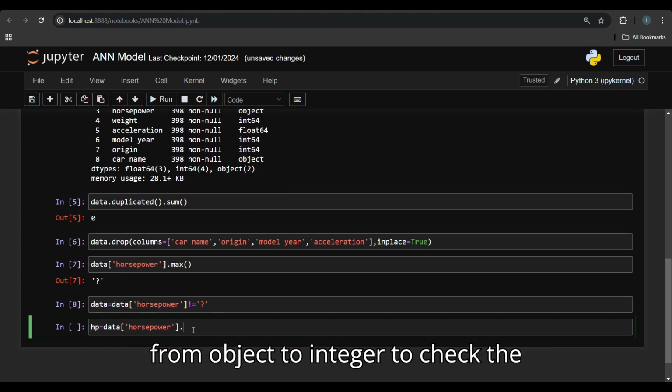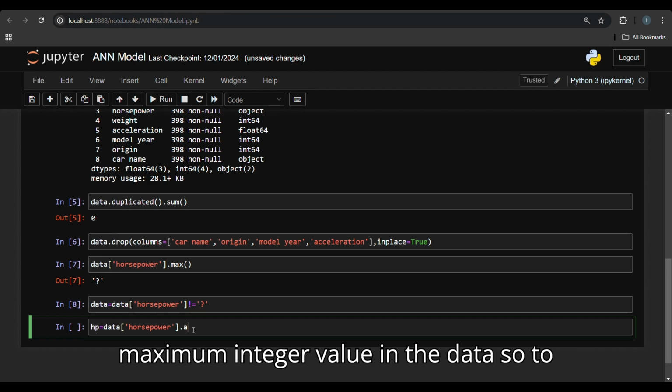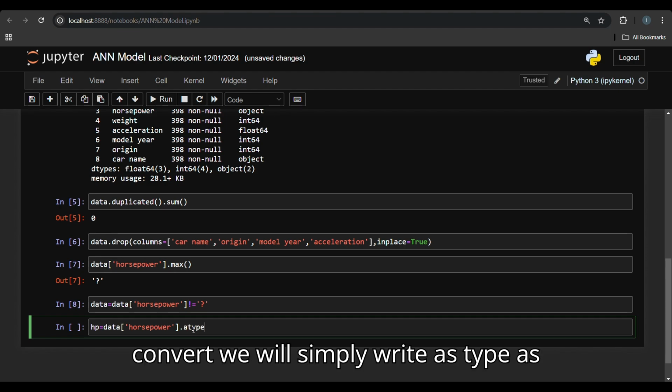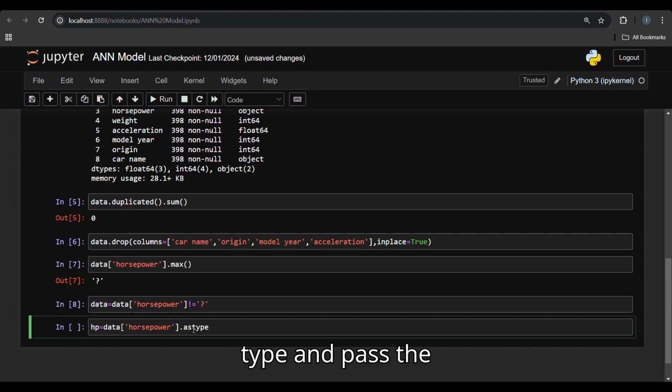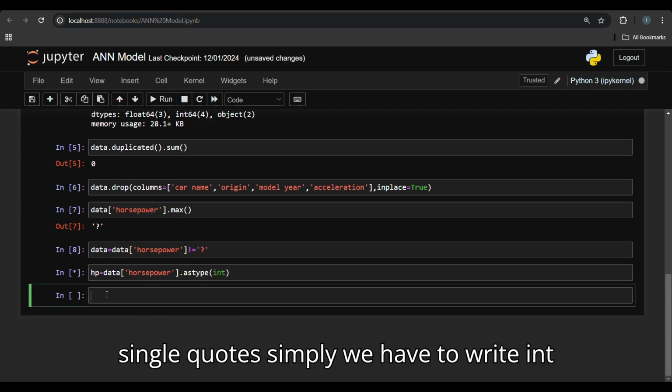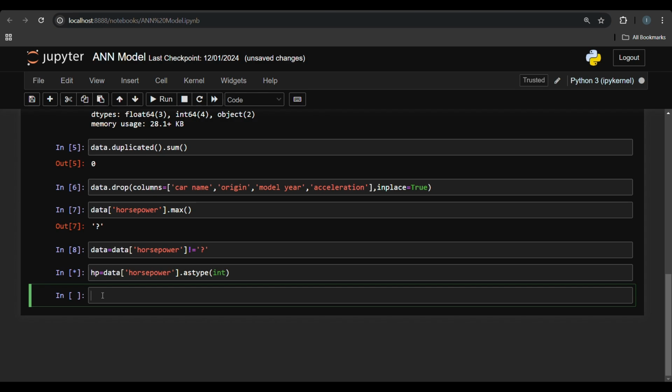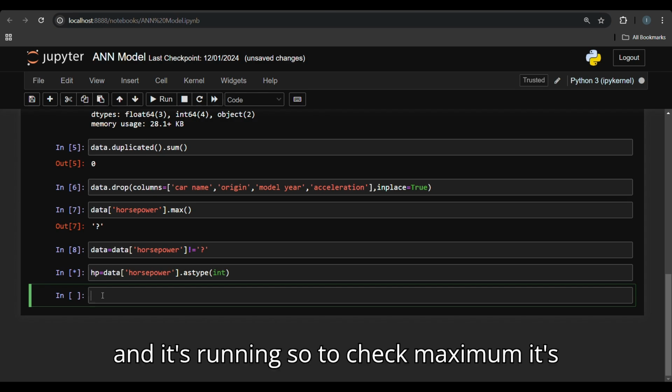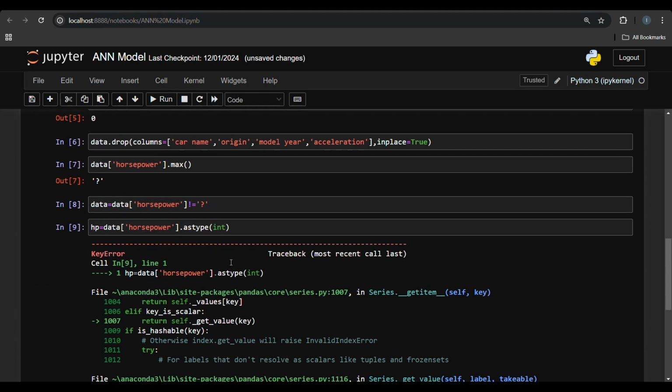So we have to convert it from object to integer to check the maximum integer value in the data. To convert, we will simply write astype, and pass the integer in here, not in single quotes. Simply we have to write int, and it's running. So to check maximum,